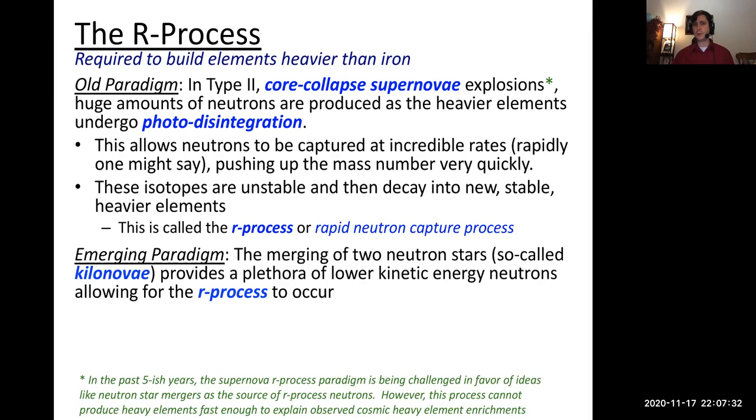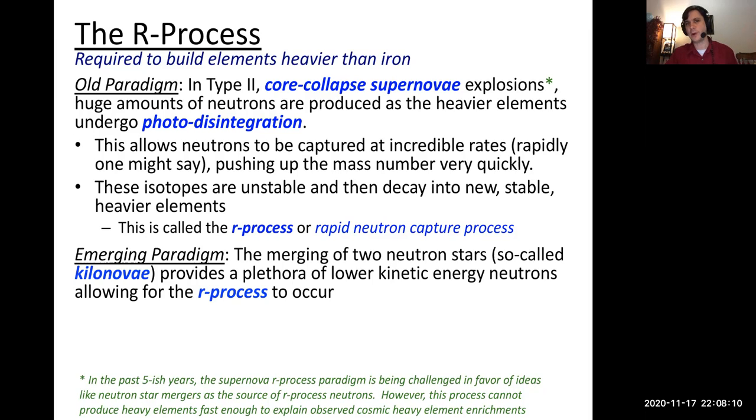And that enters a new emerging paradigm, where we have two neutron stars in orbit around one another, which will spiral and then merge together in this fantastically powerful cosmic explosion event called a kilonova, a relatively new term in the field of astrophysics. And whenever two neutron stars are merging together, guess what there's a lot of? Available neutrons, which then can pile onto whichever atomic nuclei are around,